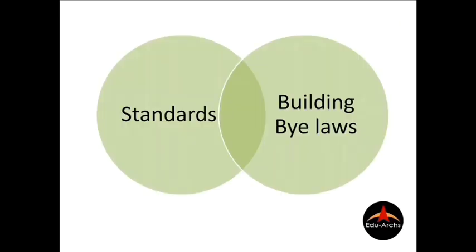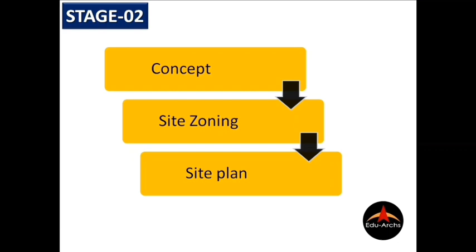Data collection. The type of data required to move on further is standards and bylaws. For standards, we need to refer to NBC, National Building Code, and TSS, Time Saver Standards, which will provide you with design guidelines. For bylaws, we have to follow local development regulation guidelines. For example, in Chennai, we have the Tamil Nadu Combined Development Building Regulation, TNCDBR. Now, we are done with stage 1 of our design part, which covers site analysis, case study and data collection.